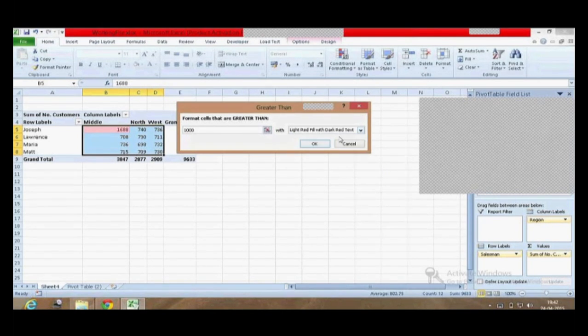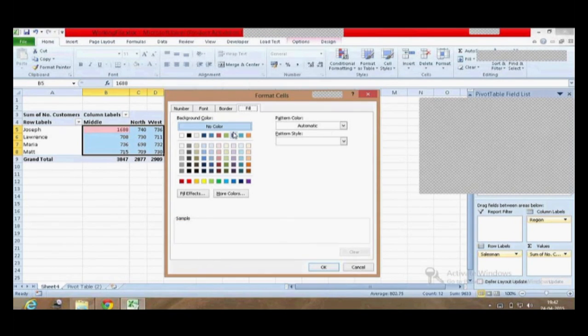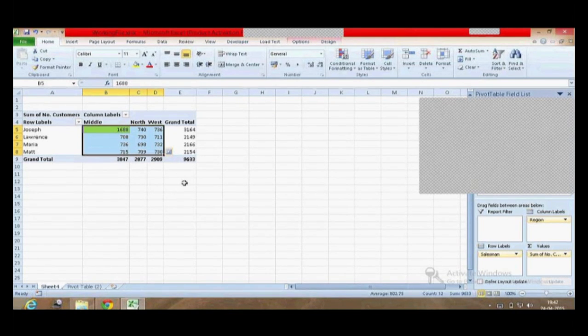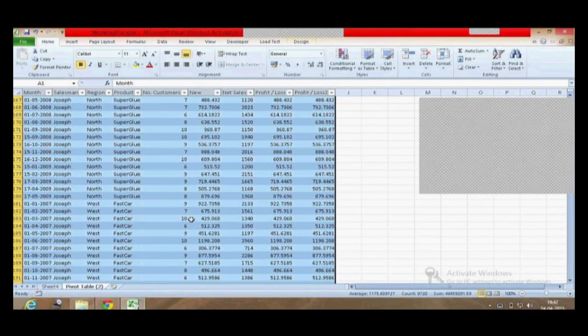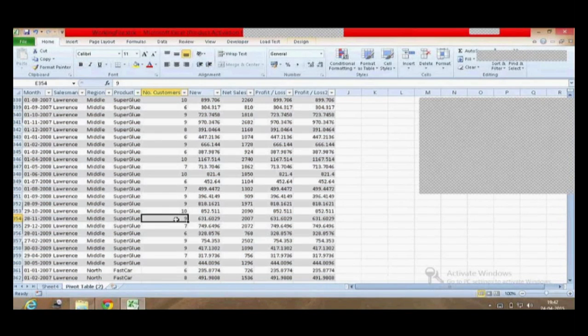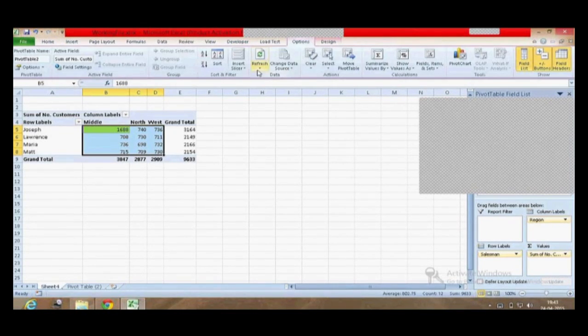Let's see. I'm going to go back to the original data. I'm going to go to a different rep, Lawrence. Let me increase his customer base. And then, if you see it's not refreshed here, how will we refresh the data? Options, refresh. So did you see the format applying automatically? Okay, so that is because of the effect of conditional formatting.